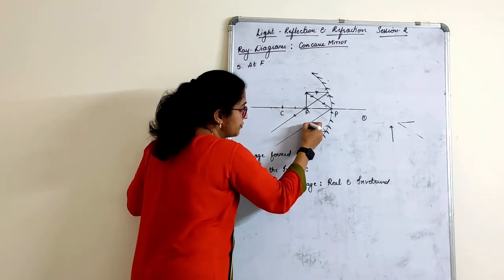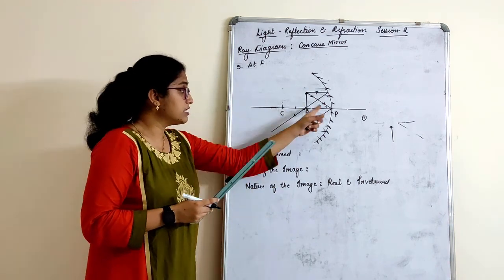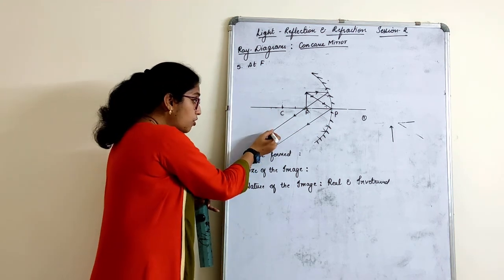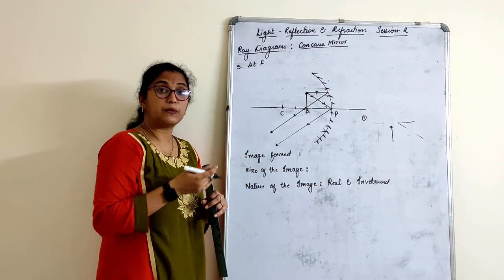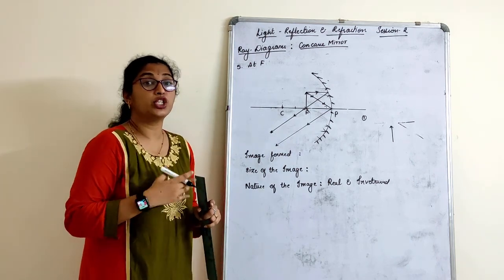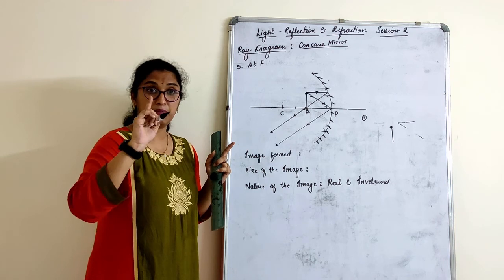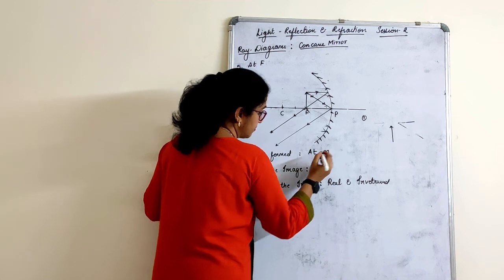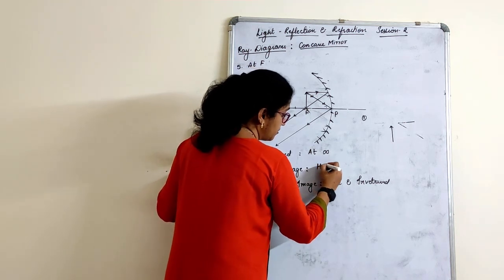The angle of incidence when you have drawn. What type of ray can you see here? Are these parallel? Since they are parallel, where will they go and meet? We don't know where they will go and meet. When you go on extending them, it will go producing. But somewhere at infinity they will meet. Parallel lines do not meet, but somewhere at infinity the image may be formed. That is what, when the object was kept at infinity, parallel rays had come from them, correct? Same like this here. Where is the image formed? At infinity. Size of the image, it is very big, so highly enlarged.